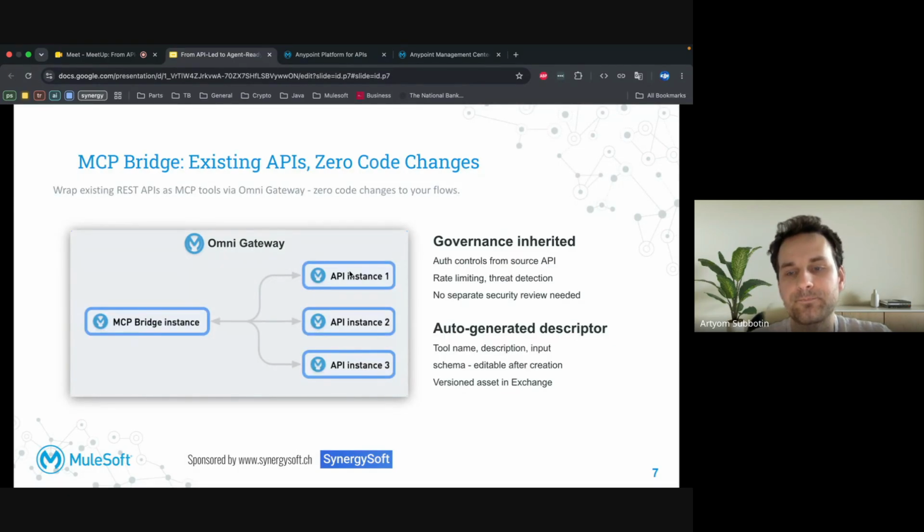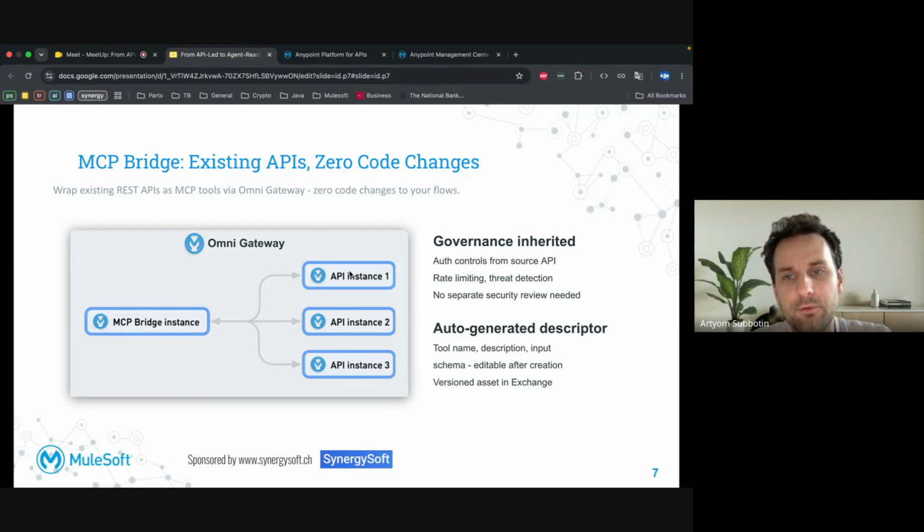So at this point, with the MCP bridge, you have already, for example, REST APIs running in production. All of them are registered in Anypoint Exchange. They are governed through API Manager.